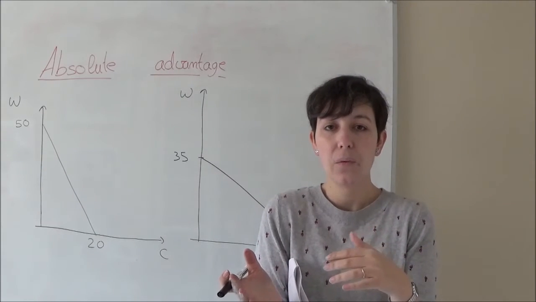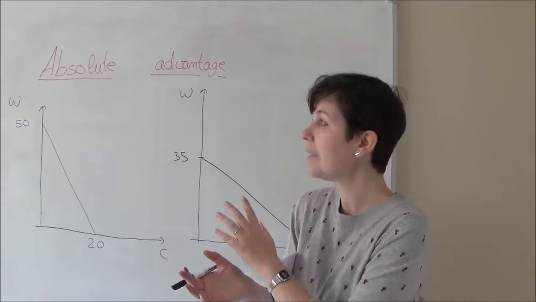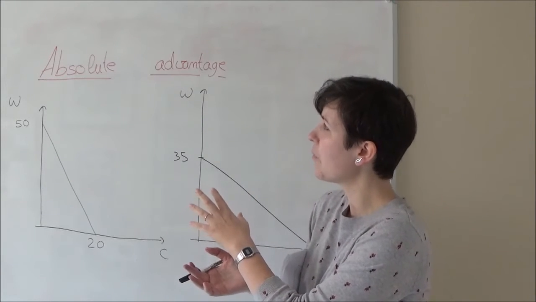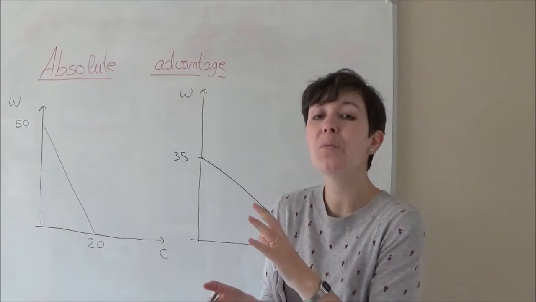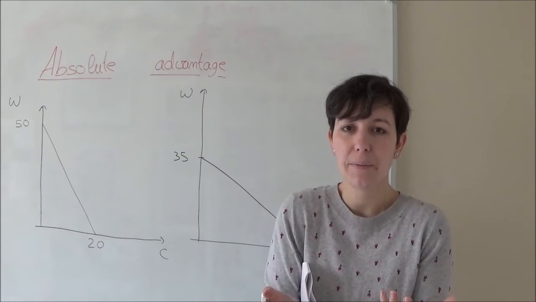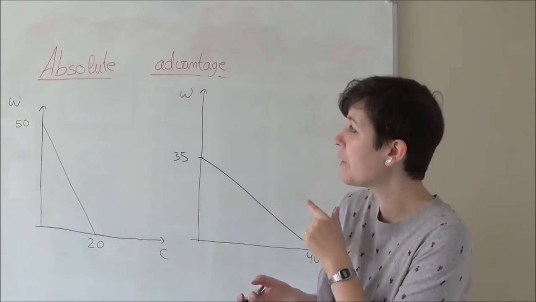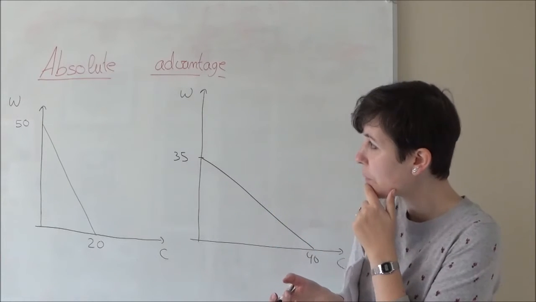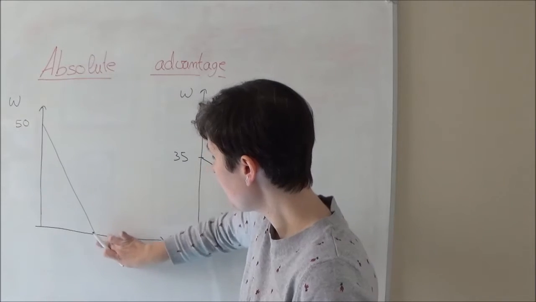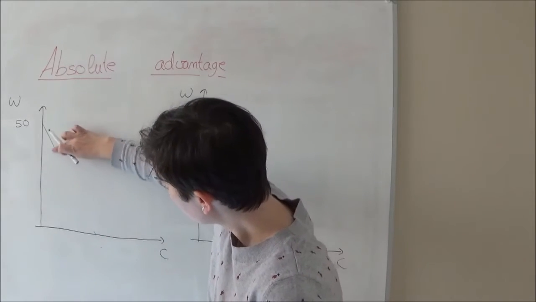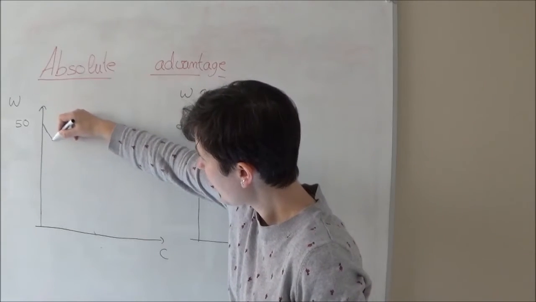Okay, in fact, the thing that we are going to observe is that this theory of absolute advantage is not enough when we are talking about international trade, and we need the comparative advantage. What is the problem of this? The problem is that sometimes we can observe something like, let me show you something. Instead of being here, let's put, this was 40, let's put something like this,